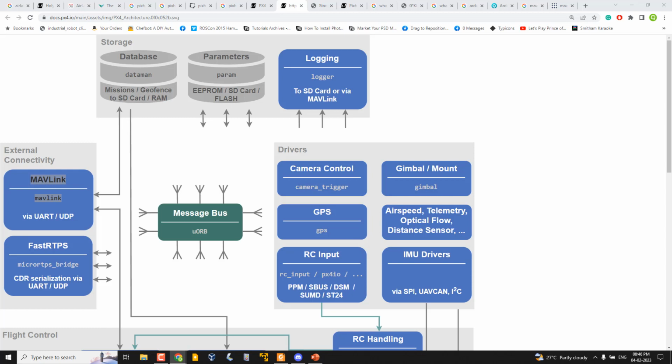In the same website that let me check. Okay,